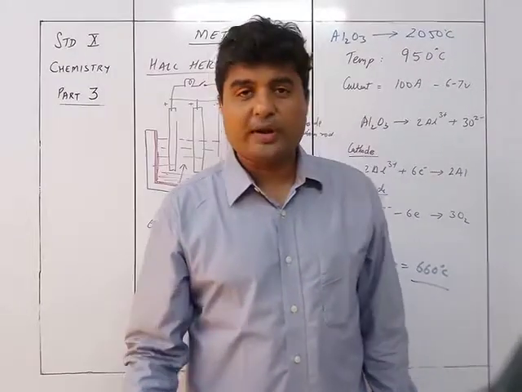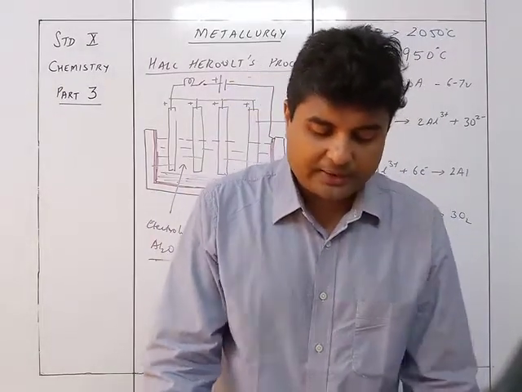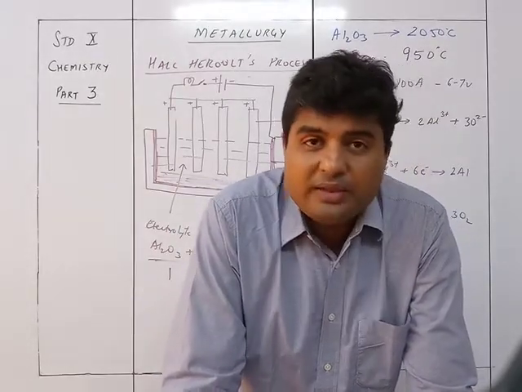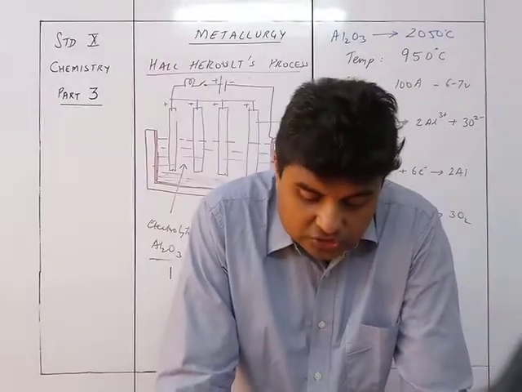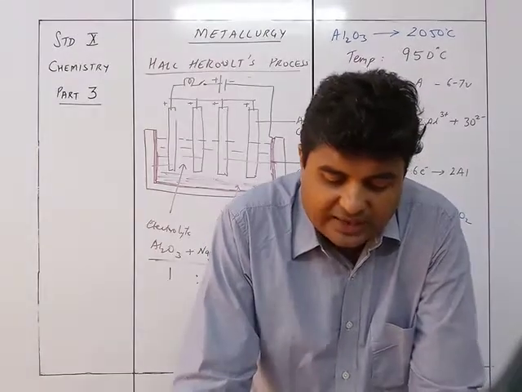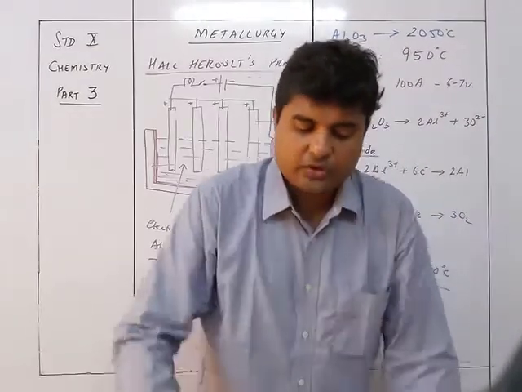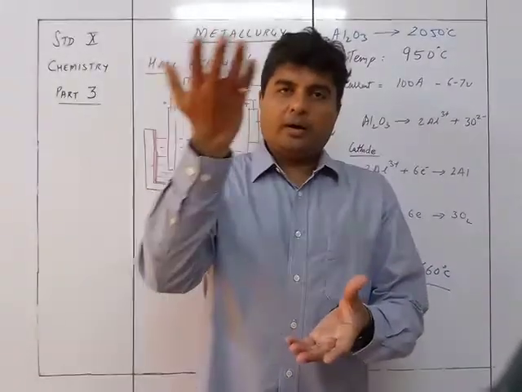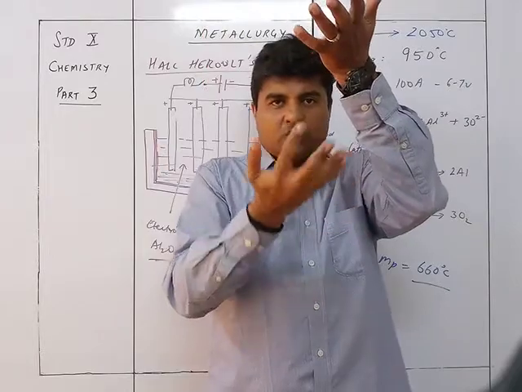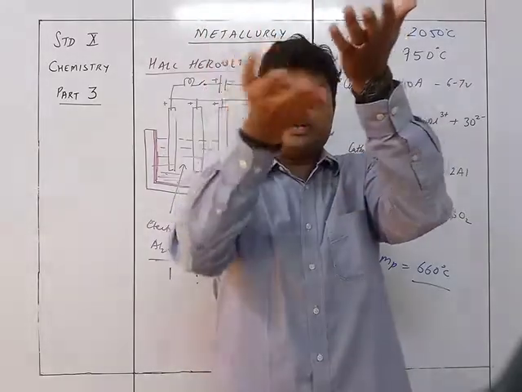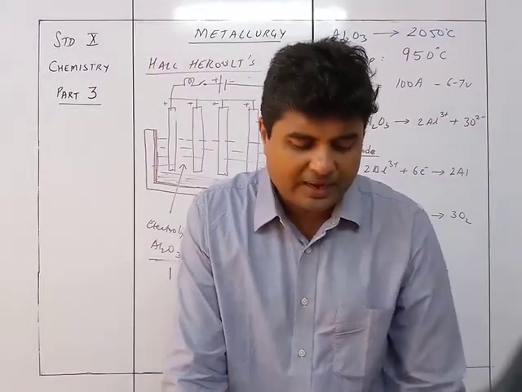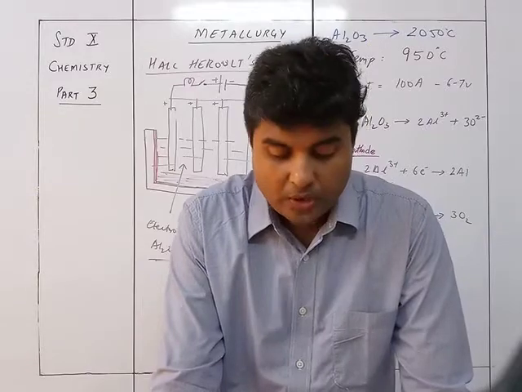So electrolytic reaction is going to take place where Al3+ plus electrons will give you Al at the cathode, and at the anode also you are going to get aluminum ions. So pure aluminum ions from the middle layer are discharged, and impure aluminum from the lower layer enters into the middle layer. So नीचे से aluminum which is lighter is going to go up and the impure one will be settling down. So नीचे से impure आते जाएगा और pure होते जाएगा और ऊपर से वो उन लोग बाहर निकाल दे जाएंगे. So that is how the collection of pure aluminum, 99.9% pure, is withdrawn from the tapping hole at the top.